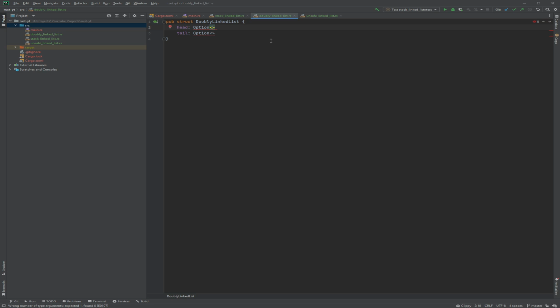So in DoublyLinkedList, we have to think about ownership in here. Who owns the head? Well, let's just think, the head can only be owned by head. But the tail could own the head in a way.